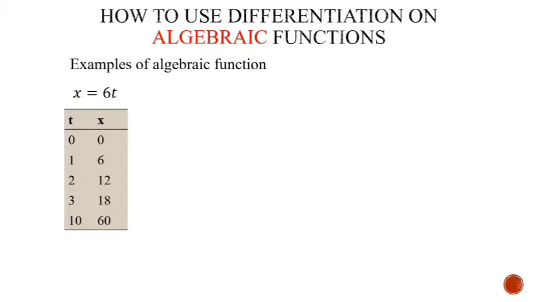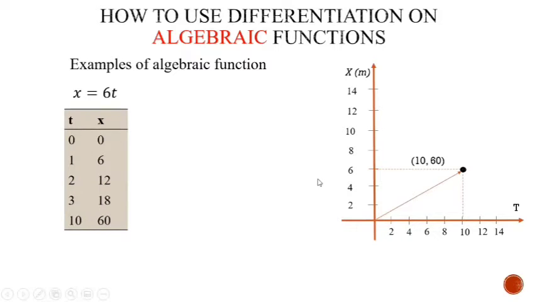This particular thing can be represented on an xt diagram, because this is a straight line. This is the equation of a straight line. It will give a straight line in the xt diagram. To find out velocity at different points, we can use this formula, that is change in position divided by time. So here the change in position for the first case is 6 and the change in time is 1 second. So ultimately you will get velocity equal to 6.